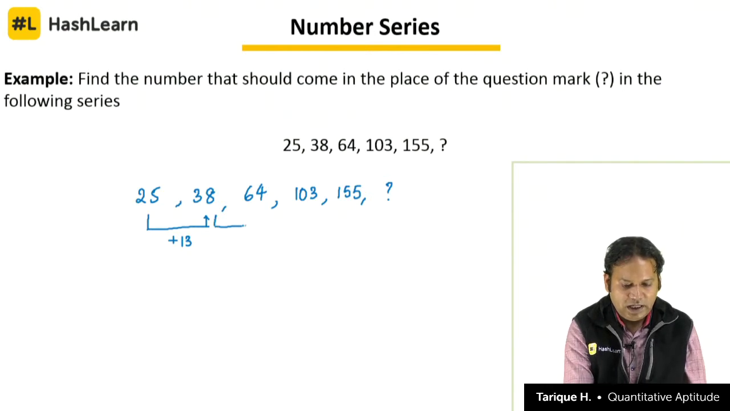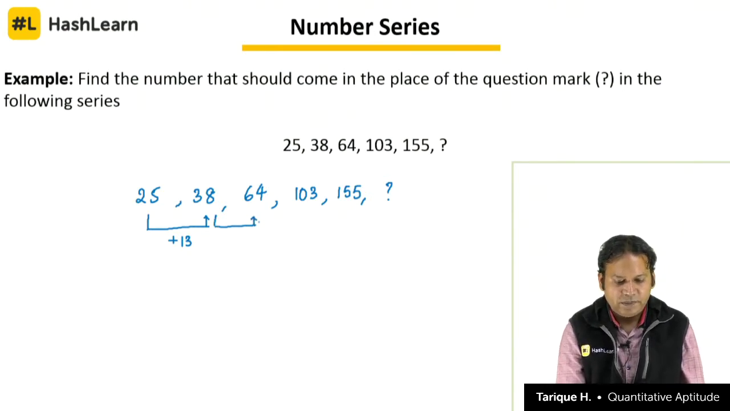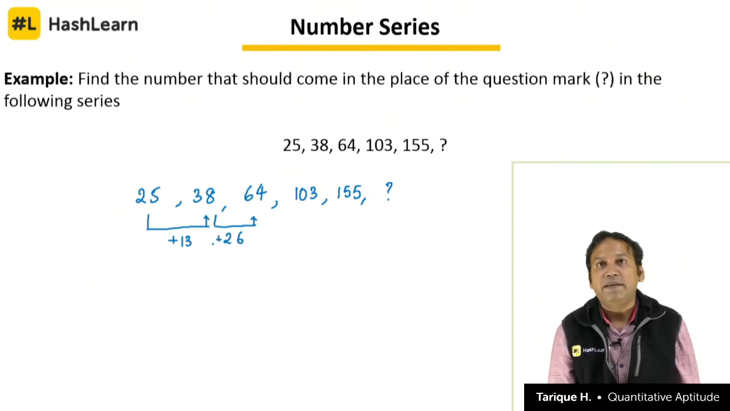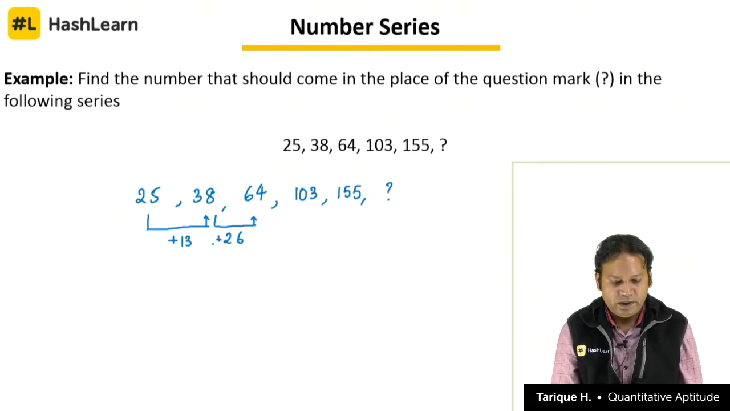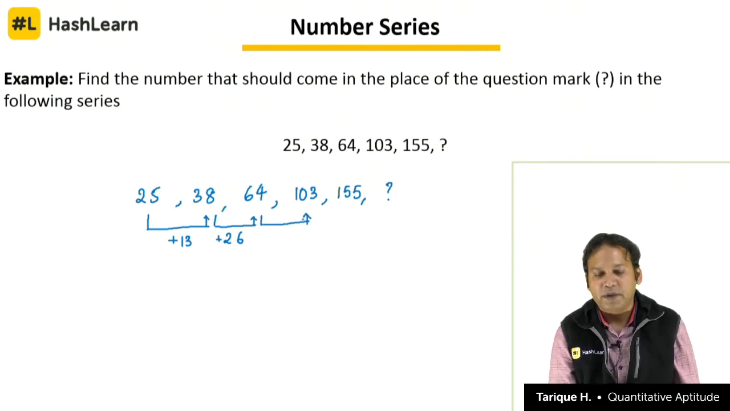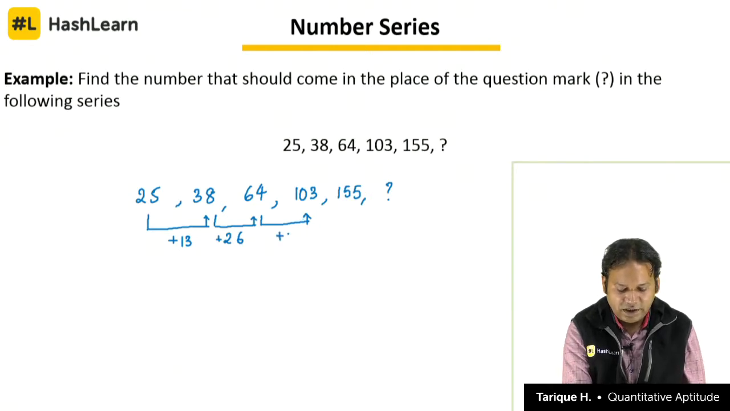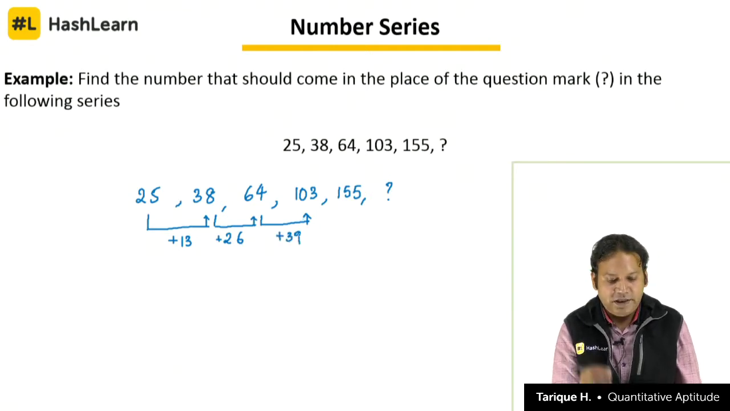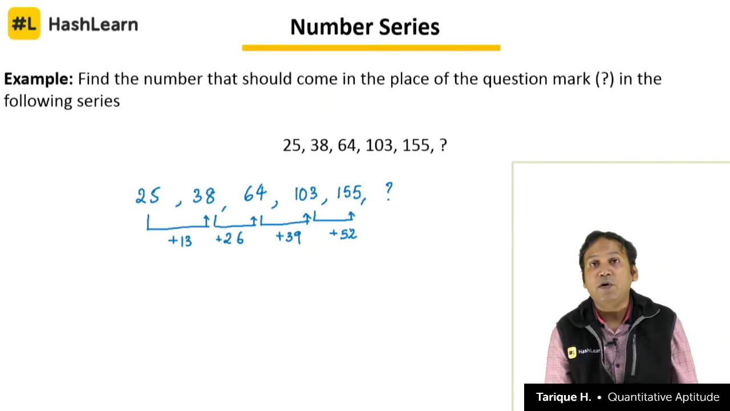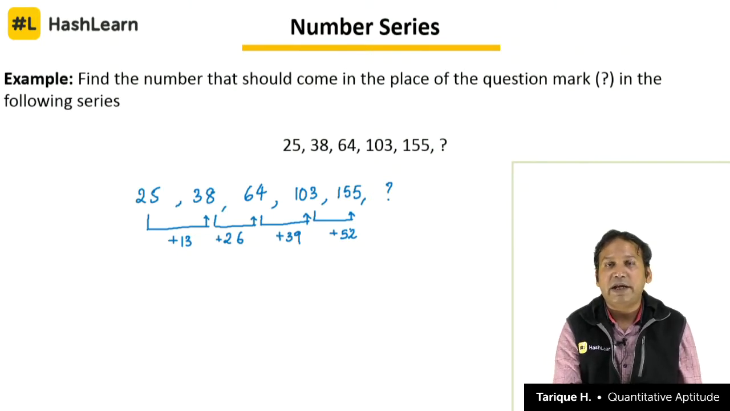And 38 and 64, what are we doing, right? So we are increasing by 26. 38 plus 26 is 64, and 64 and 103 we are increasing by how much? Plus 39. So plus 13, plus 26, plus 39, 103 and 155 plus 52. Now if you know your multiplication tables well, it will take you just a second to tell that this